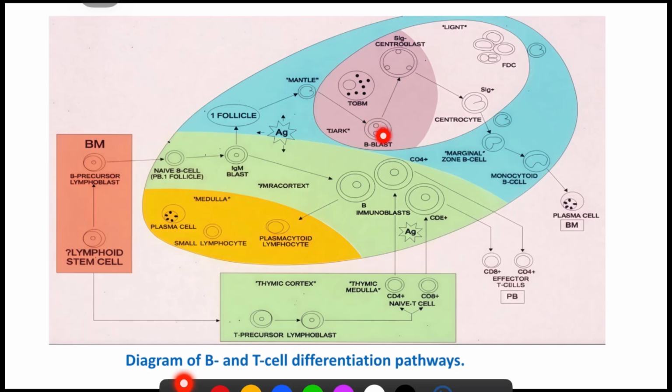They enter the dark zone of this germinal center where proliferation continues, and centroblasts migrate to a more peripheral zone of the germinal center to become immunoglobulin secreting centrocytes, right. So, these are the B blasts, they are in the dark zone, they go to the light zone and become centrocytes. Here the follicular dendritic cells, which are antigen presenting cells, are already present,